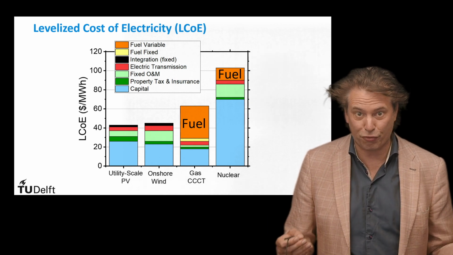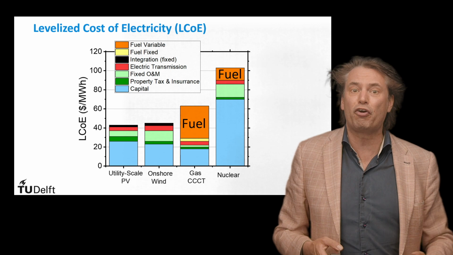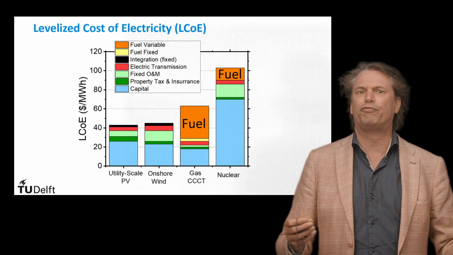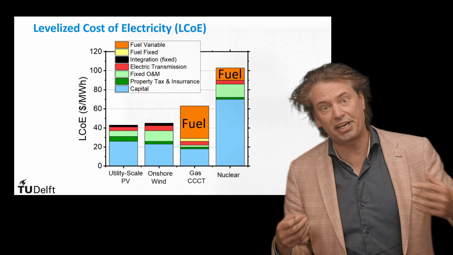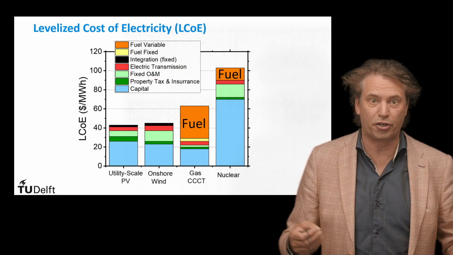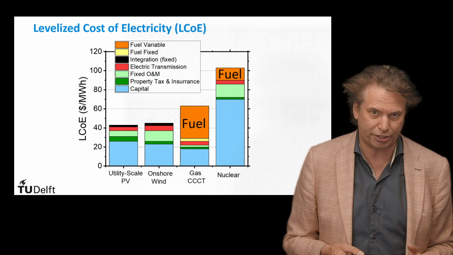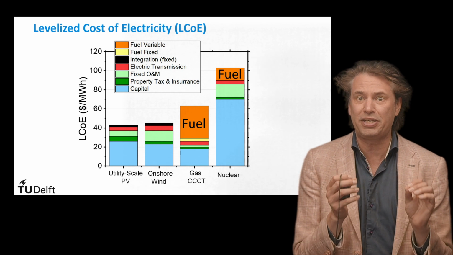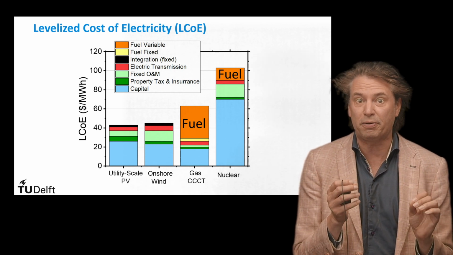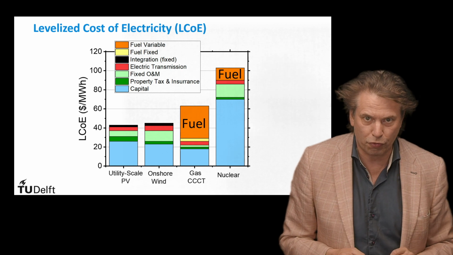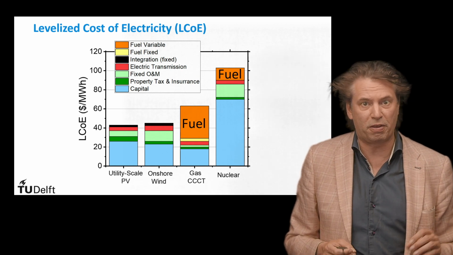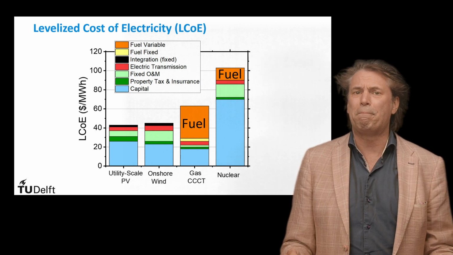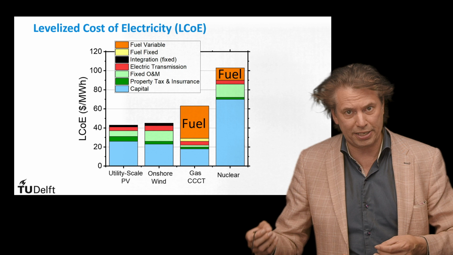The advantage of renewable energy sources are the zero variable operational and maintenance costs due to the absence of fuel costs, which to the contrary are present in fossil fuel and nuclear generation technologies. Hence, finally, we can see that PV technology is getting increasingly competitive and even cheaper compared to fossil fuels, with levelized costs for PV of around $40 per megawatt hour. Note that the LCOE might be different from place to place.